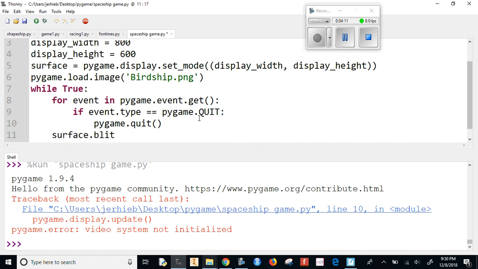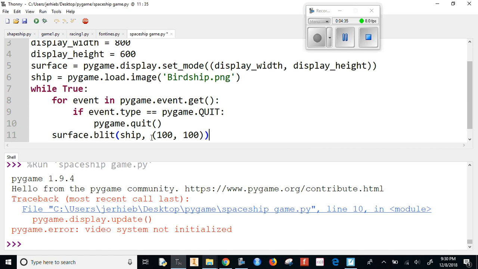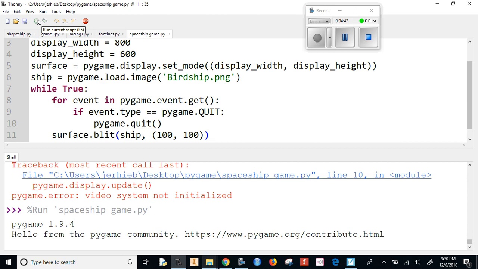And now if I want to see it somewhere on the screen, we're going to say surface.blit. Blit's kind of a funny word. It's an acronym for something for putting an image onto the screen. Let's call this ship equals, because we're going to blit the ship, and then we're going to tell it where we want to blit it. Let's first start at 100, 100. And if everything goes right, we should have our spaceship